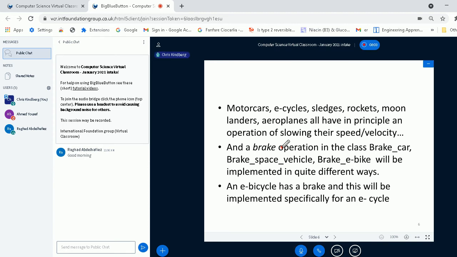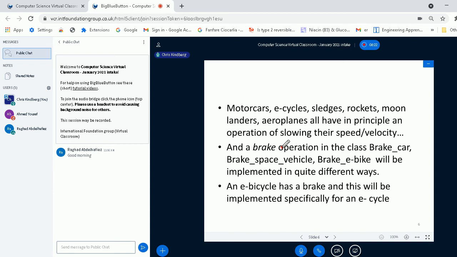And a brake operation may be in a subclass of Brake called BrakeSpaceVehicle, or another subclass of Brake, e-bike, will be implemented.